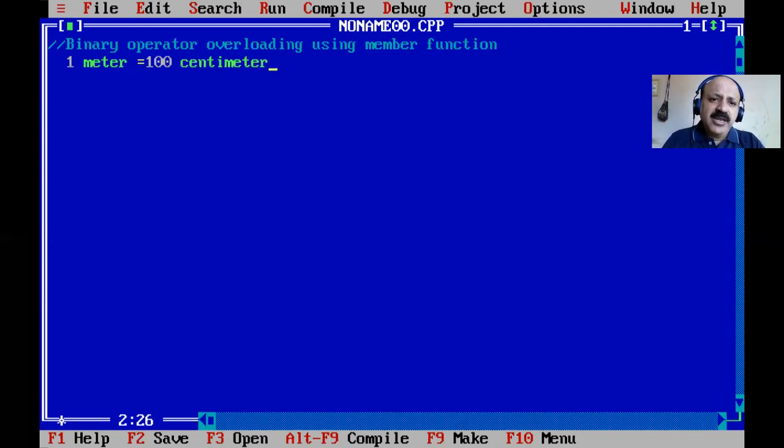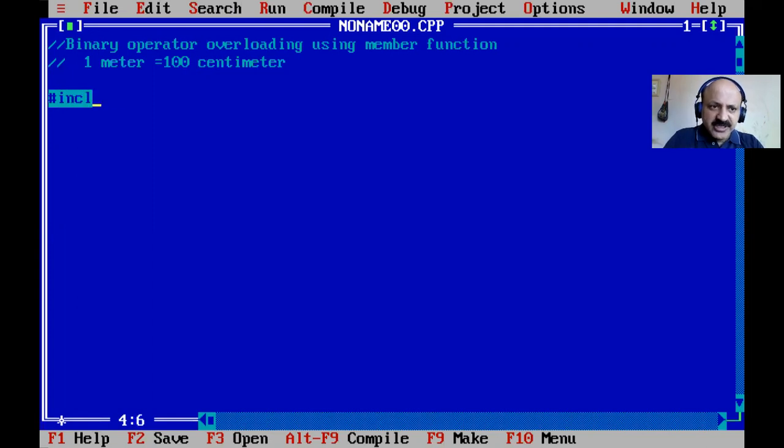There is a spelling difference, British and American, meter or metre, but we can take it like meter. So 1 meter equals 100 centimeter.